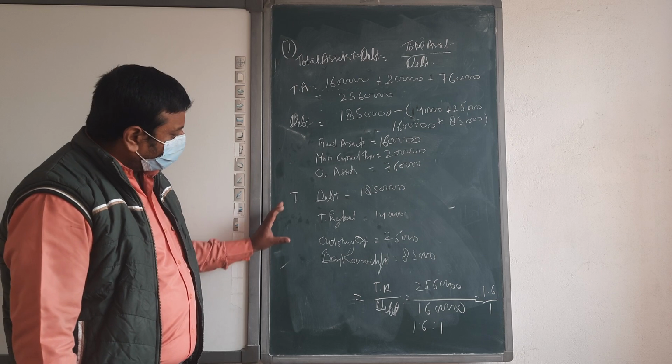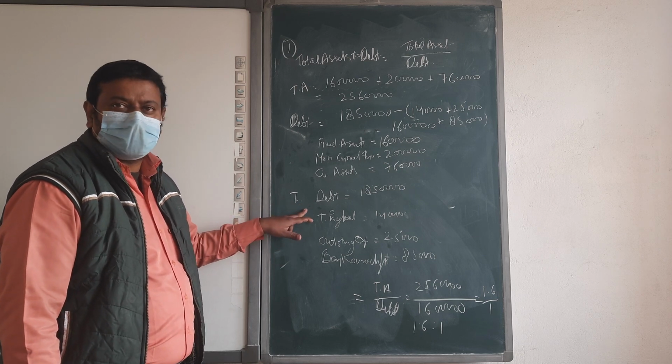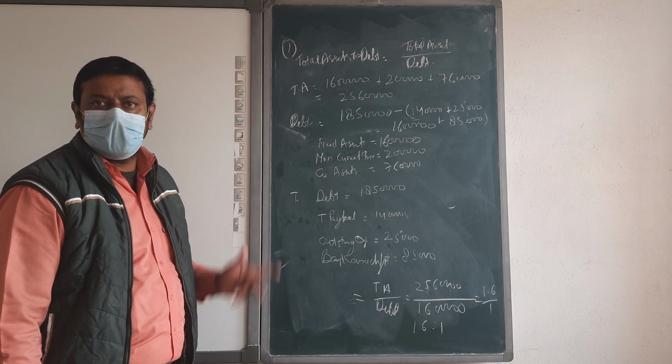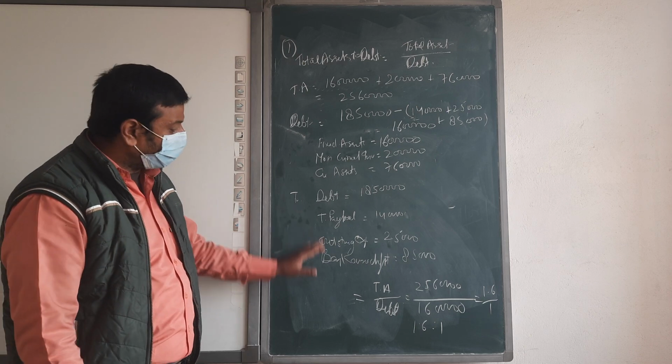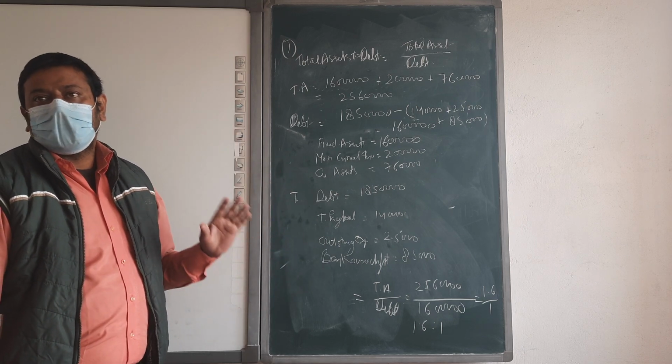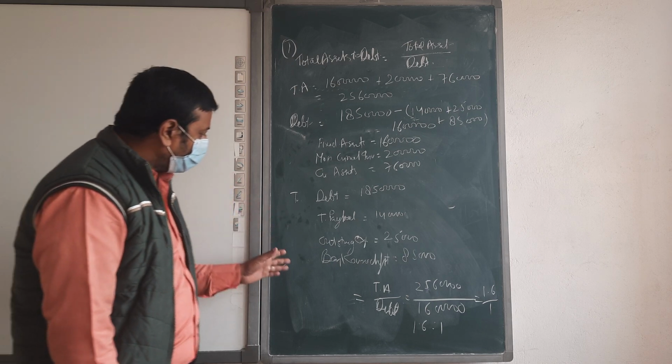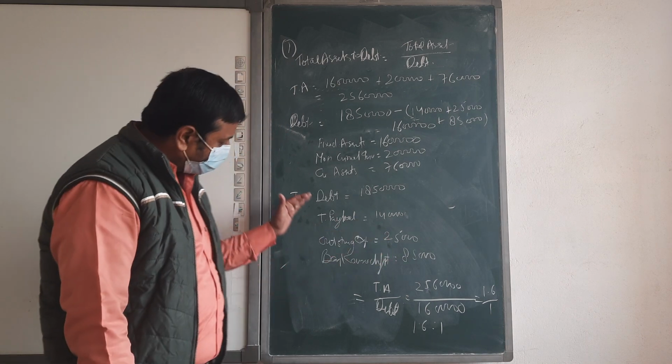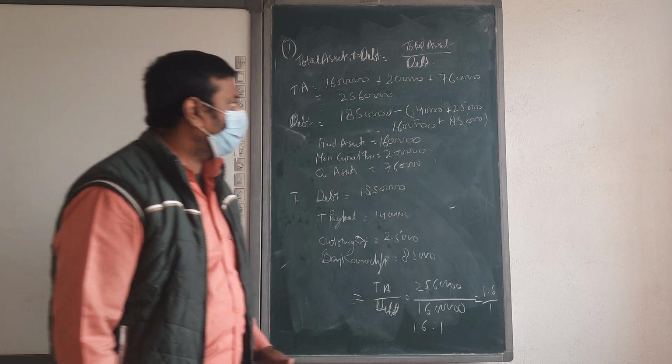Finished? Only one twist is there. It's the total debt, beta. It's not only debt. If only debt, then no problem, no use of all these. But it's total debt, so we are going to calculate long-term borrowings, and for the long-term borrowings, you are going to less the current liabilities. Okay. Next, beta.